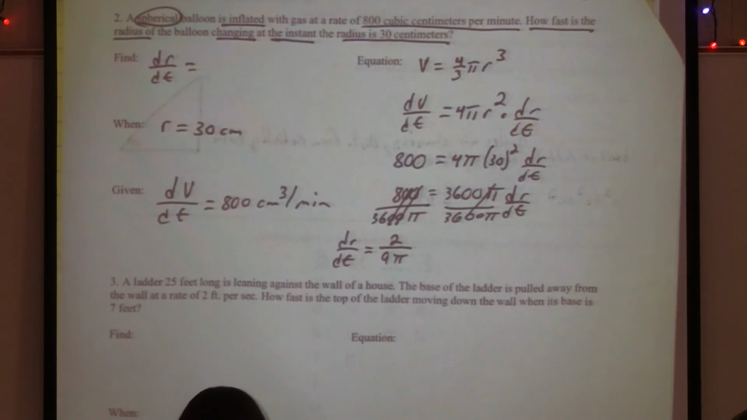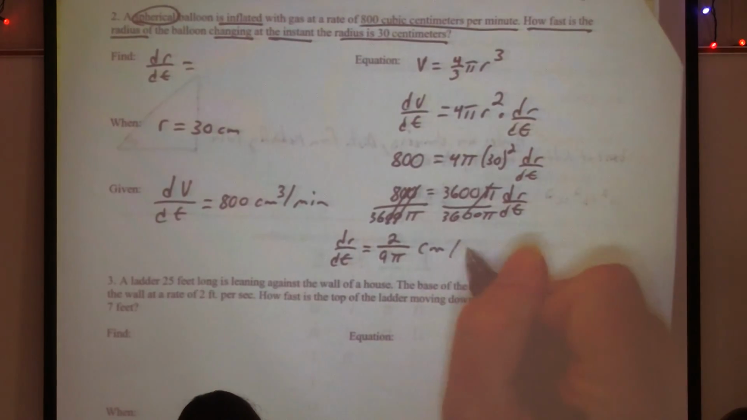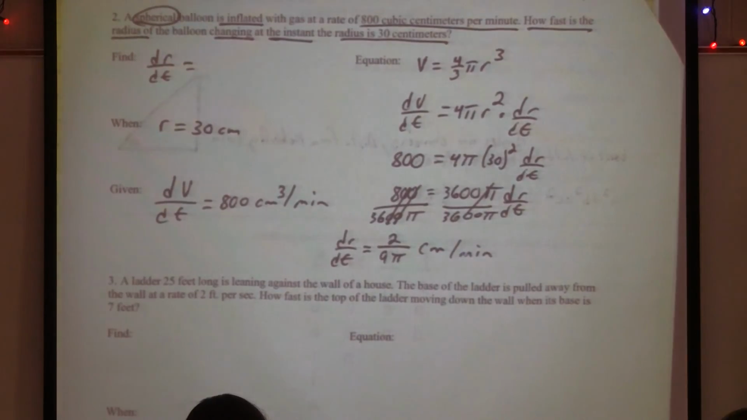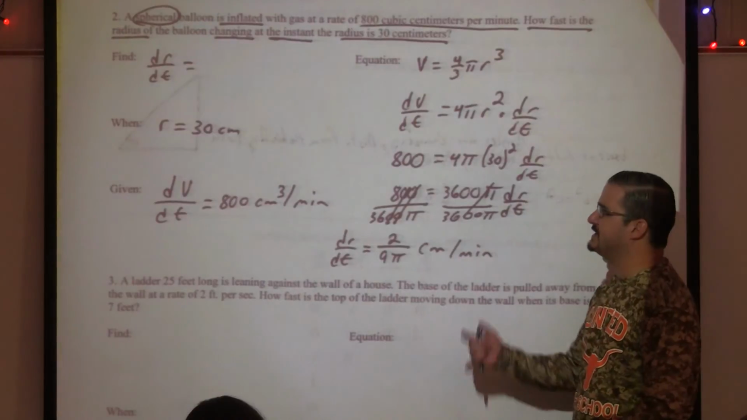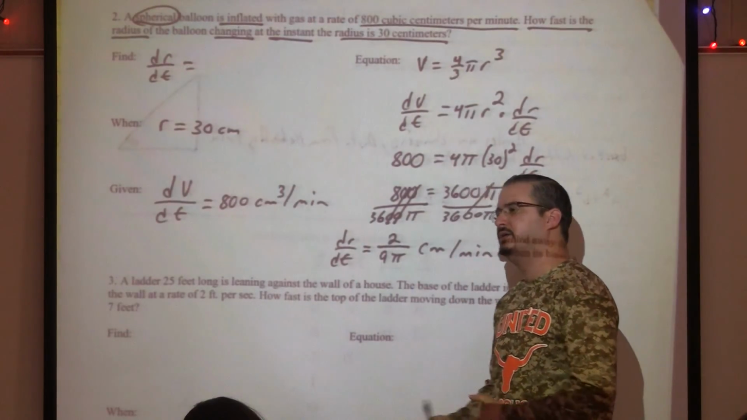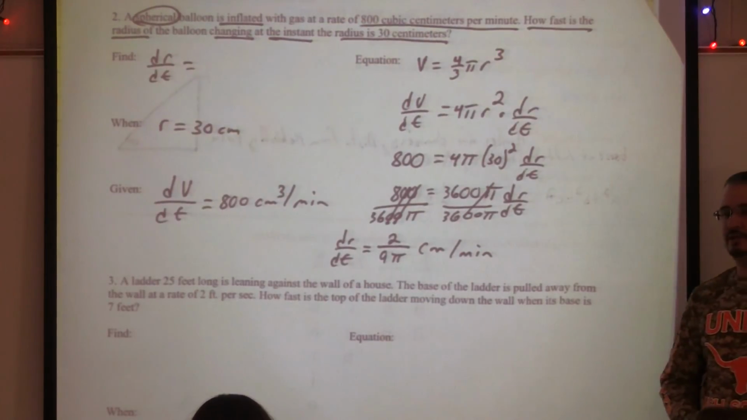Because I always need to put my units. Centimeters cubed per minute? Why is it not cubed? This is just radius, right? And the radius is centimeters. So the rate of change of the radius would be centimeters per minute. It's not area, it's not squared, it's not volume, so it's not